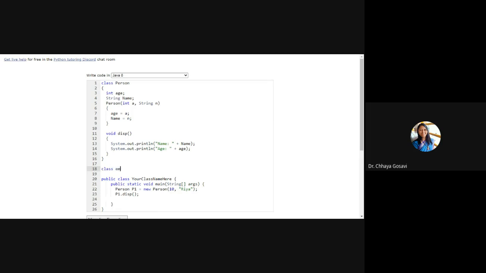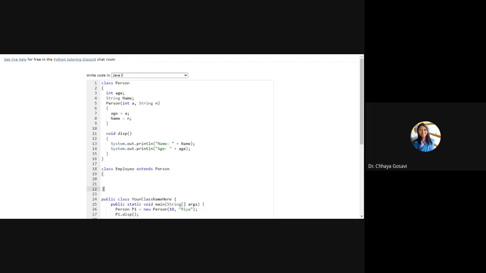Class employee extends. This is the keyword used to inherit a class from a superclass. So in this case, person is my superclass and employee is my child class or subclass. I want to extend the person class to create the employee class.